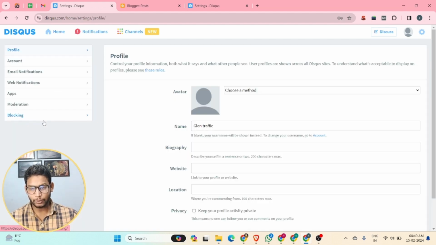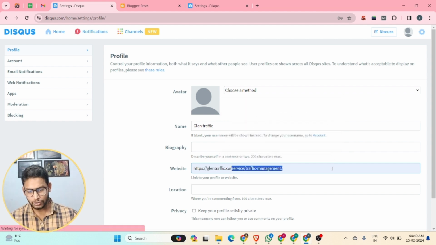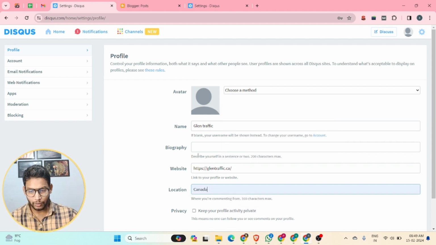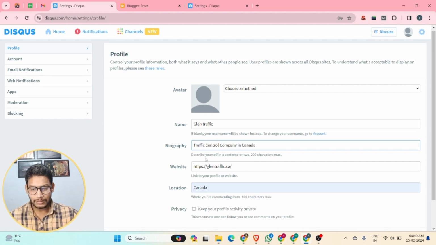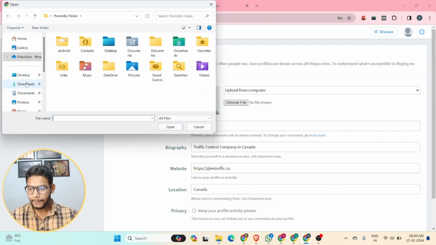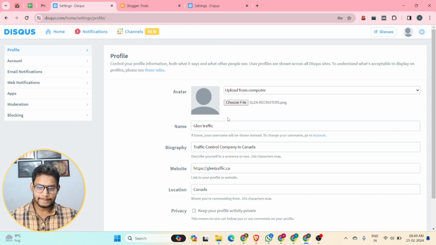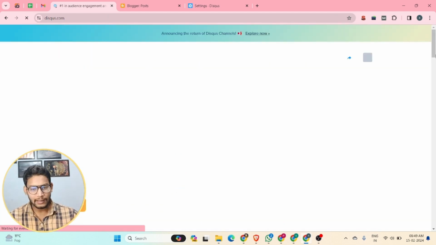after that, if you want, you can add your website URL, because from there you can get one high quality backlink for your website. You can also add your location. In the biography, you add your main targeted keyword. Then you click the save button. For the next step, if you want to update the image, you update the profile image. Then you click save changes, and you go to the website home page section, and there you can see,